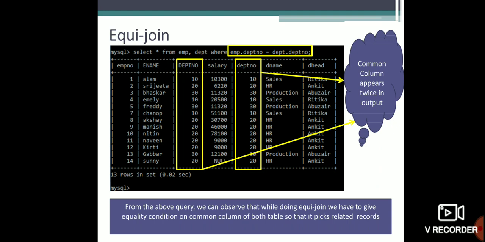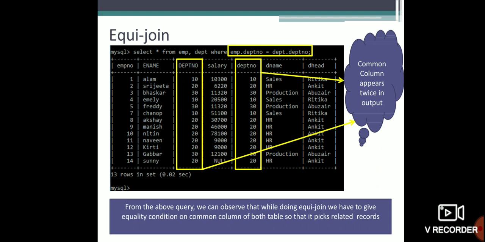If this condition is satisfied, then only I will be able to join my two tables. If employee.deptno equal to department.deptno is not supported, or the column is not common, then it will not be able to join. See, when I apply this query, I will get the output as the following.